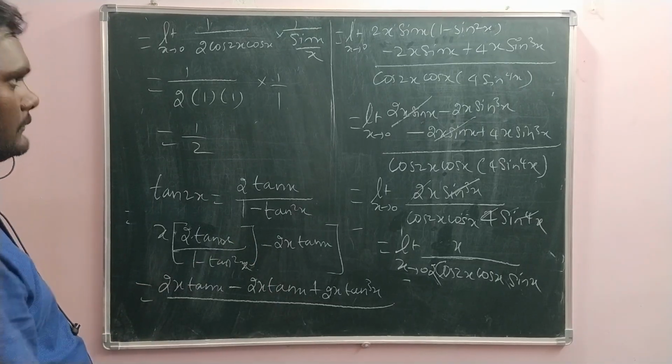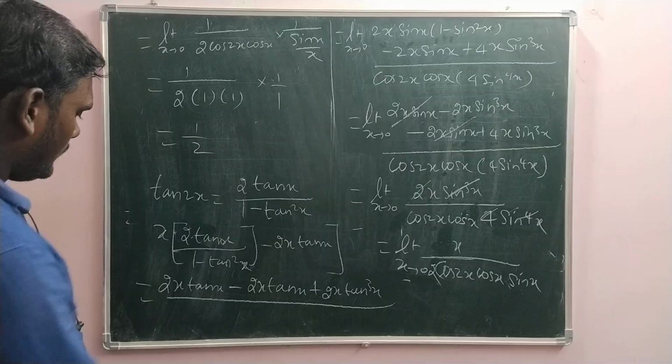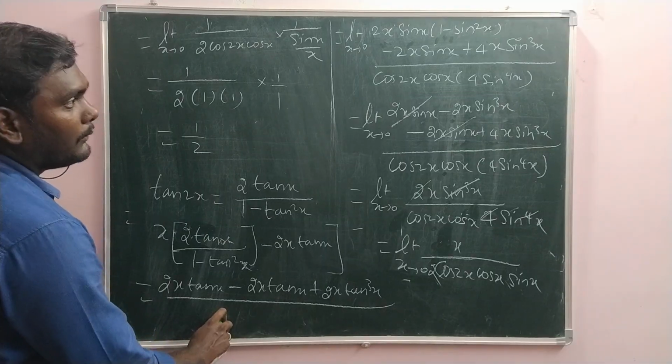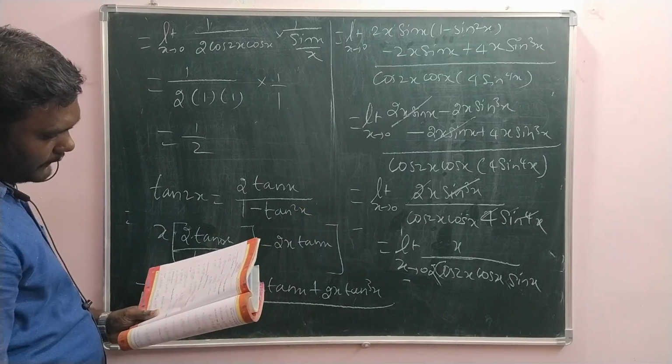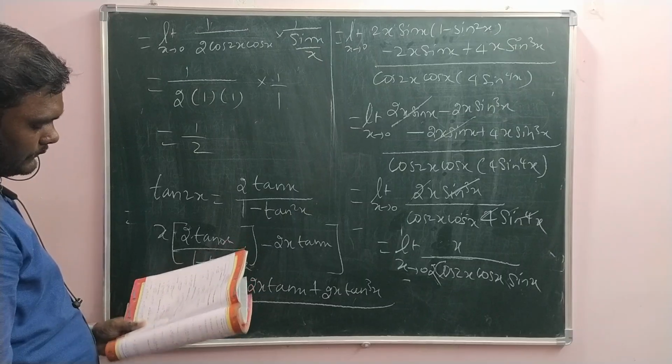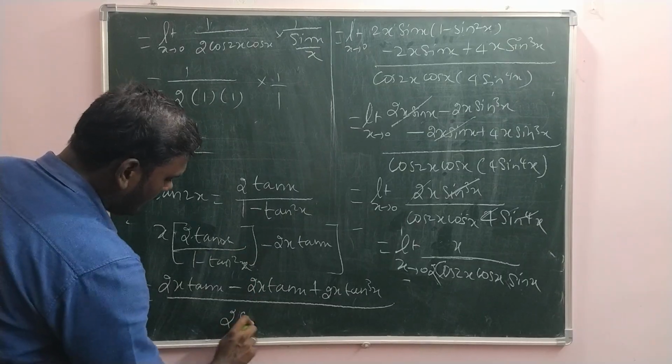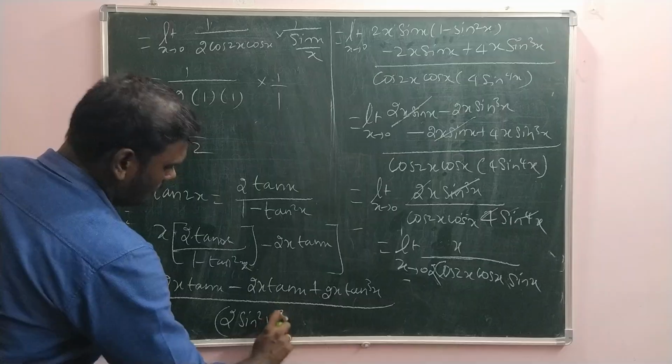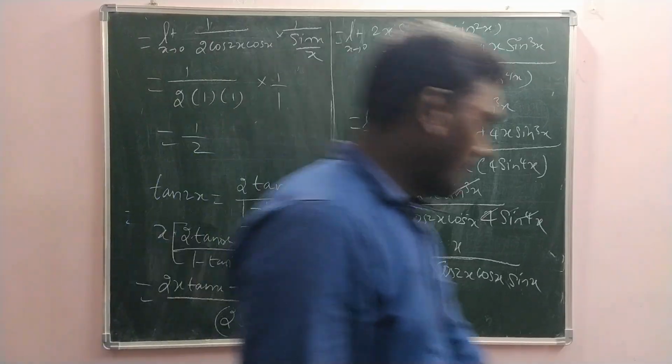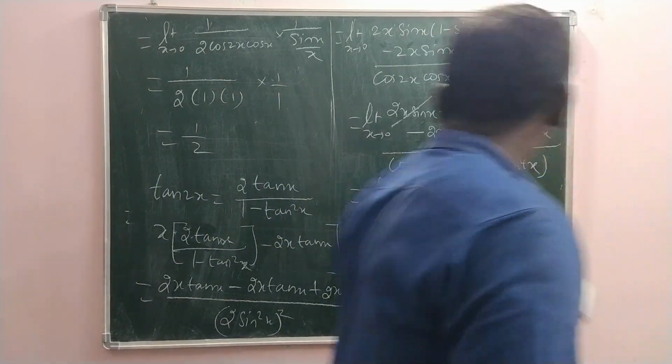Divided by this one, what it is, that 1 minus cos 2x whole square, that is 2 sin square x whole square, and then